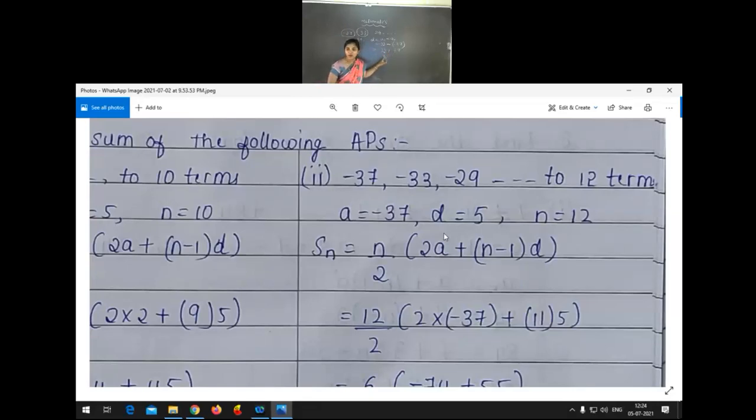See, you are all actually in class only. So you can see there is a mistake here. What is that mistake? 37 minus 33, we have to take the difference 4. Sometimes it happens while solving the problem, but we have to be very careful. So when we see one ready answer, we'll fix it.